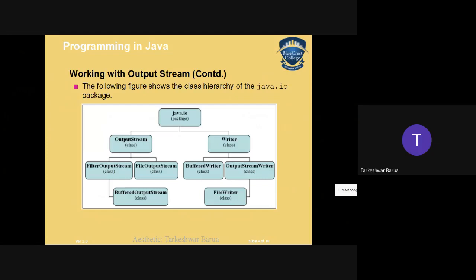This time it is output stream and writer. Whenever we talk about the stream, it becomes a binary stream, and writer becomes a character stream. So on the left side it is all binary stream, and on the right side all character stream. This depends upon which type you are looking for, byte stream or character stream.